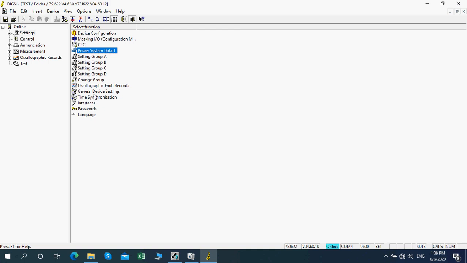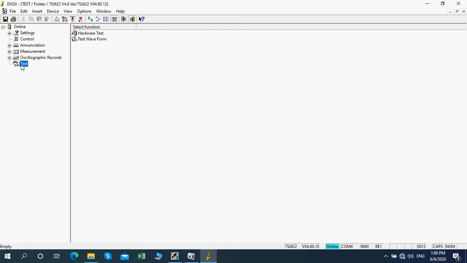Okay, then now before testing the relays, if you want to test the hardware of the relay, for example binary inputs, binary outputs, LED, whether everything is okay or not, before doing the actual test you can do a hardware test. Just by software you can check it. Okay, how we can test this one, let me explain.